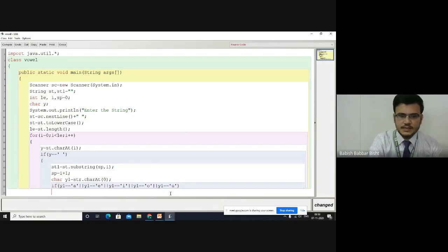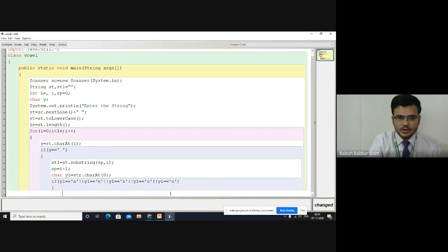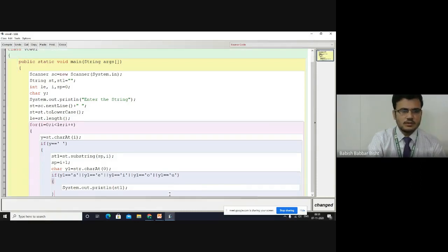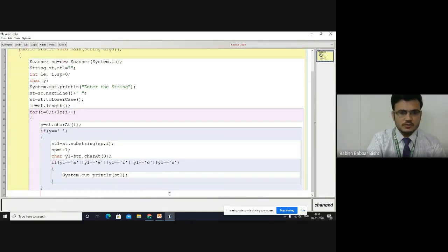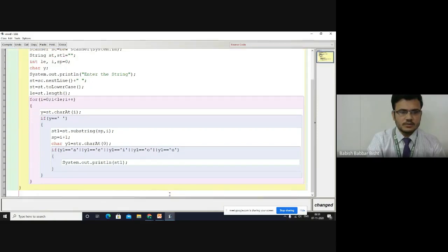So if any extracted word's first letter is equal to a, e, i, o, u, that word we have to display. Println. So what will come over there? After that, we will display st1. So these are the conditions for all. Now close the if, another if also you close, for you close, main you close, class you close.